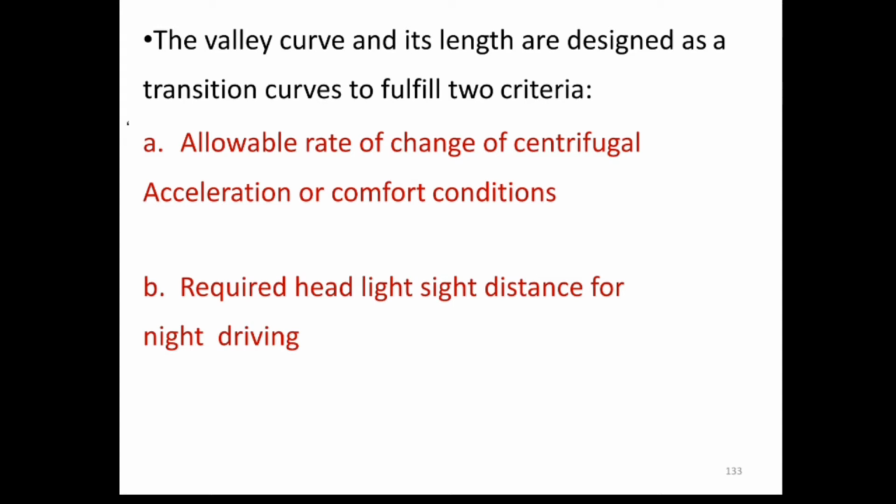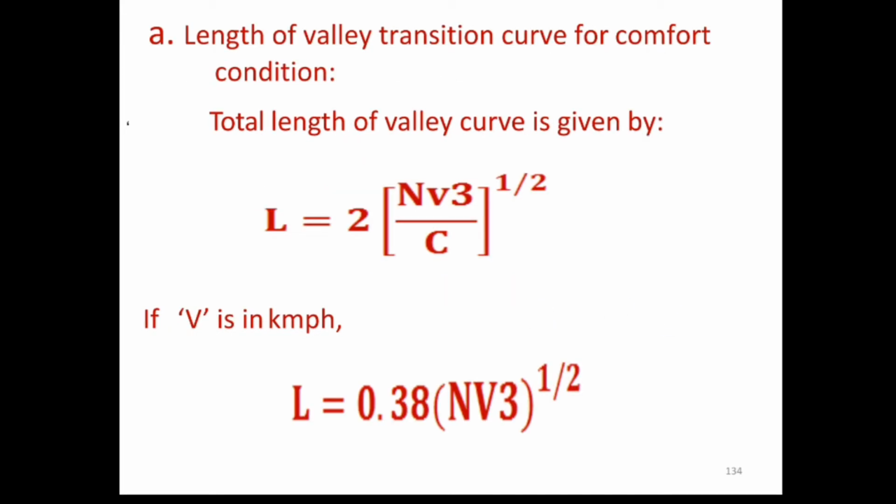The valley curve and its length are designed as a transition curve to fulfill the two criteria. First is the allowable rate of change of the centrifugal acceleration for comfort conditions, and second, required headlight sight distance for the night driving. So in the first case,